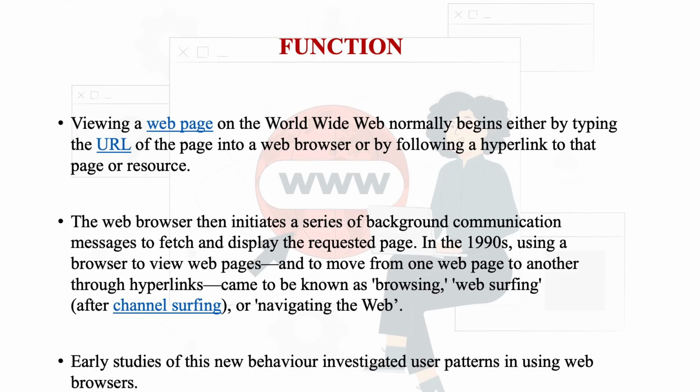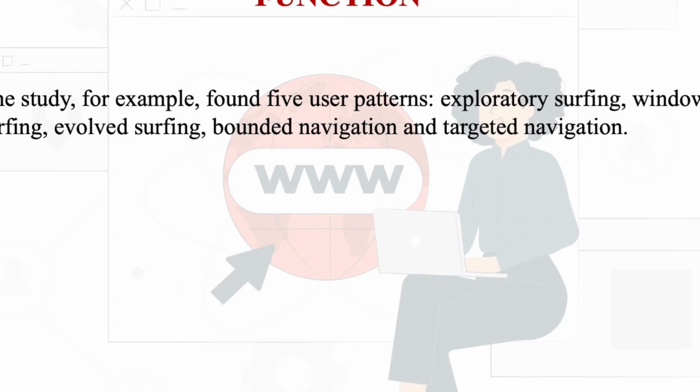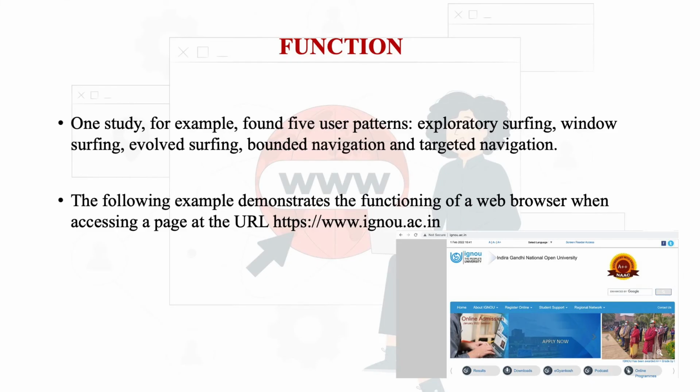Early studies of this new behavior investigated user patterns in using the web browsers. One study, for example, found 5 user patterns: exploratory surfing, window surfing, evolved surfing, bounded navigation, and targeted navigation. The following example demonstrates the functioning of a web browser when accessing a web page at the URL http